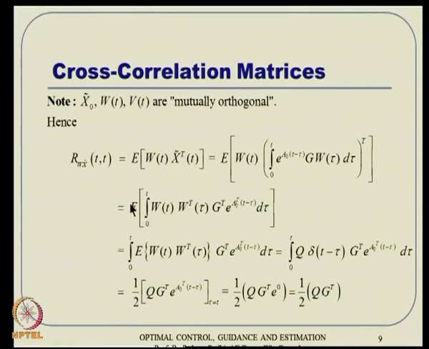Then, expected value is a linear operator, and integral is also a linear operator, so these two will come out. The expected value can be taken inside, and remember, these things are not random variables, they are deterministic quantities, so they do not have to be part of the expected value. So, the expected value turns out to be this, but this by definition is nothing but q times the Dirac delta function. And if there is an integral evaluation with a Dirac delta function, there is an interesting property